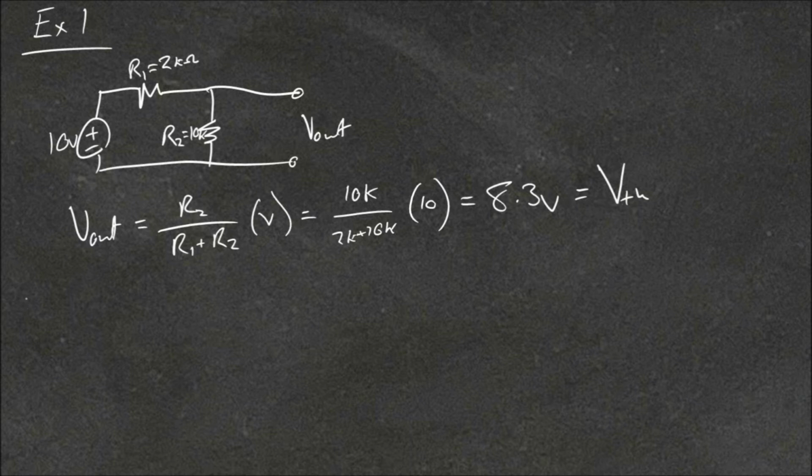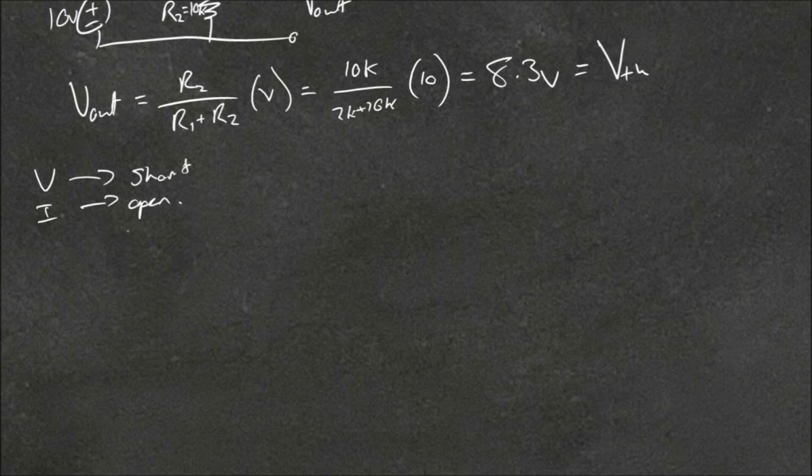Step 2 is to sort of turn off our voltage or current sources. So if it's a voltage, we short, and if it's a current source, we open circuit. So in this case, we just have a voltage source, so we'll write that as just simply a short circuit. We still have our resistance there, the one in parallel,